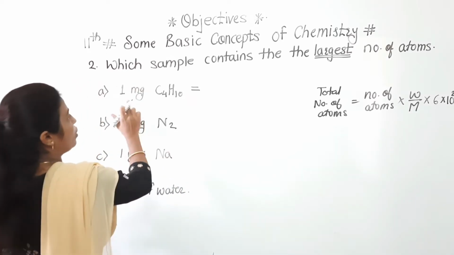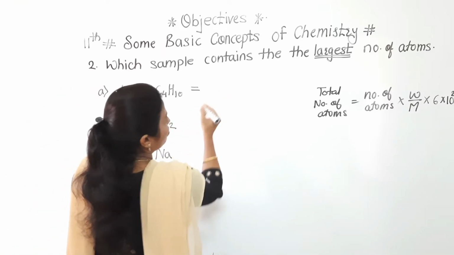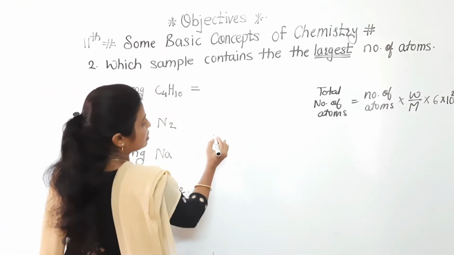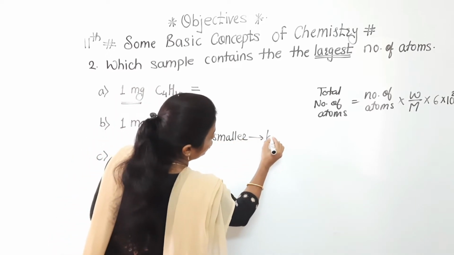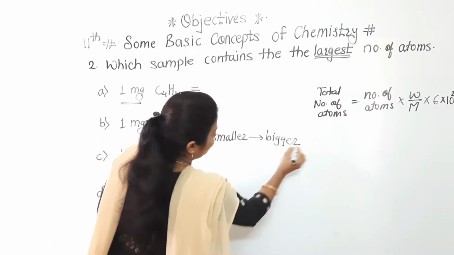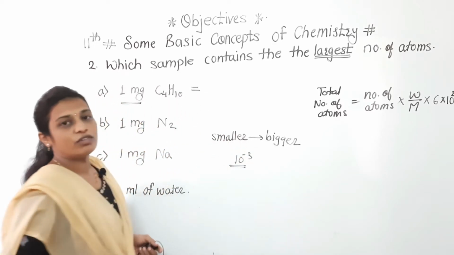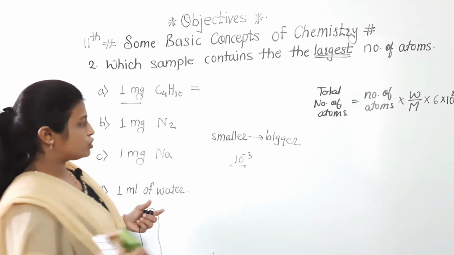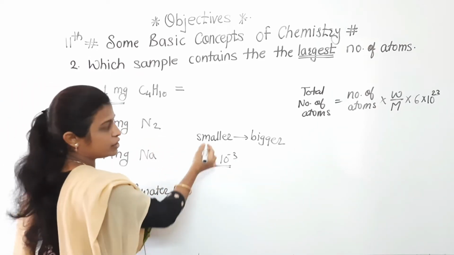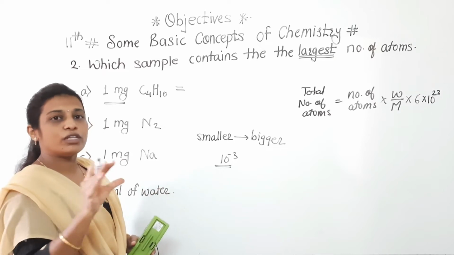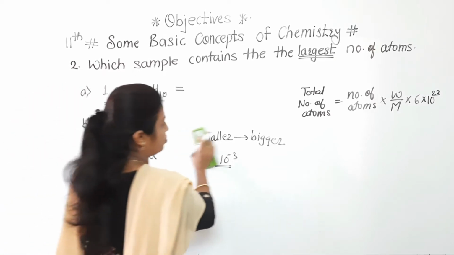Now see, first one, 1 milligram is there. So firstly we are going to convert that 1 milligram into gram. So when there is a conversion from smaller to bigger, at that time we have to multiply by 10 raised to minus 3, and that will be the reverse case for the bigger to smaller one. Clear? At the top of the notebook complete this point also, because every time you will not read that problem with problem, you have to write it on top only, okay.